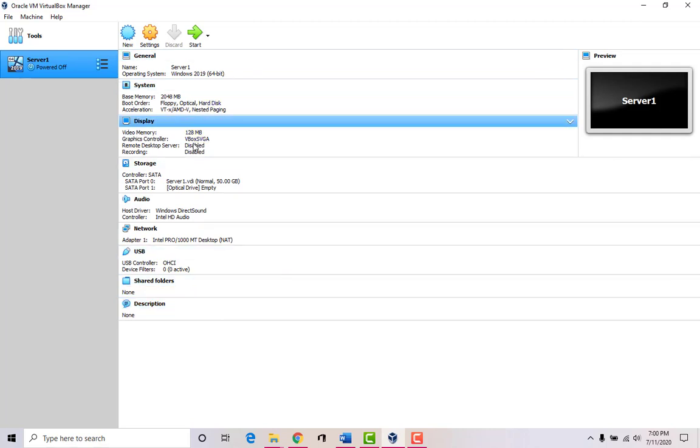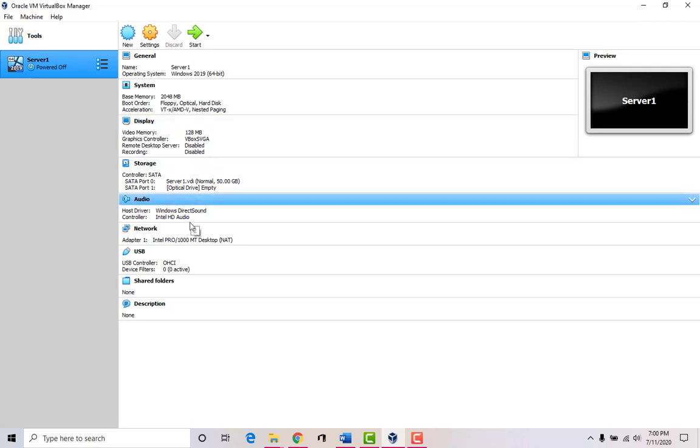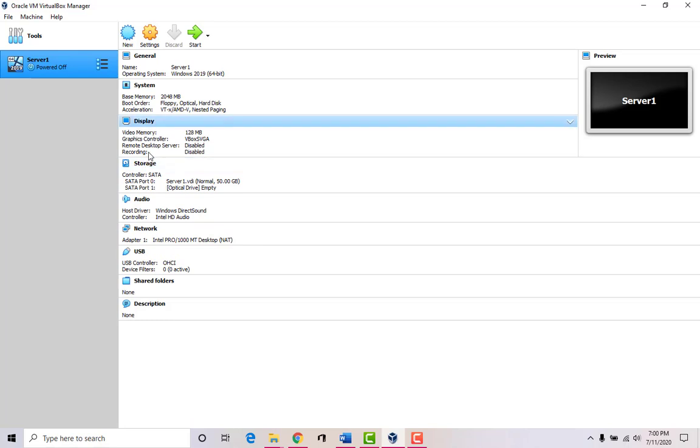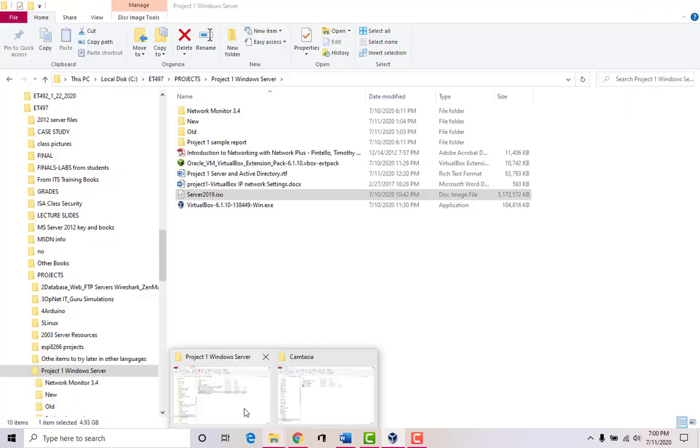We're providing a virtual memory card, we're providing a virtual hard drive with the virtual USB connectors and everything else, a virtual system and RAM. So the next thing we need to do is add the ISO of the Windows Server.